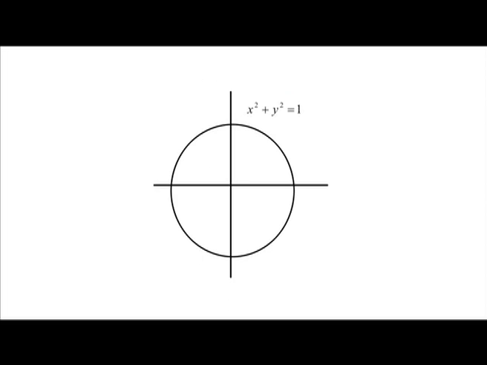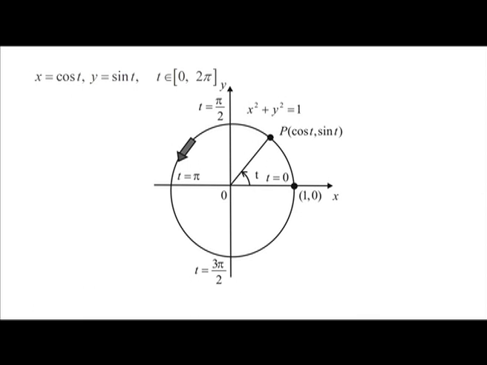For example, the equation x squared plus y squared is equal to 1 simply represents the unit circle centered at the origin. It does not give any idea of the orientation in which the curve is traced. At the same time, the unit circle's parameterization given by x is equal to cos t and y is equal to sin t, where t varies over the closed interval 0 to 2 pi, shows that the circle is traced counterclockwise as t increases from 0 to 2 pi, and hence the circle given by the above parameterization has counterclockwise orientation. The orientation of a parametric curve can be indicated by arrowheads.